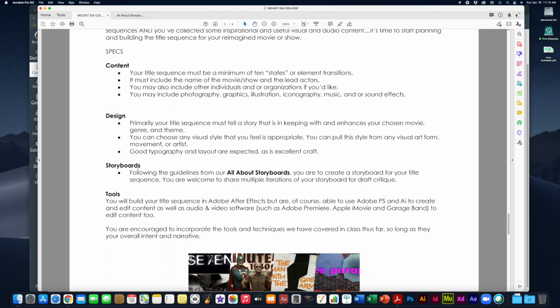Okay, now the storyboard part is that following the guidelines in the All About Storyboards handout, right, this one here, you are going to create a really basic storyboard for your title sequence. You are welcome to share multiple iterations of your storyboard for the draft critique if you would like. So since there are going to be about 10 transitions in your title sequence, that means your storyboard should have